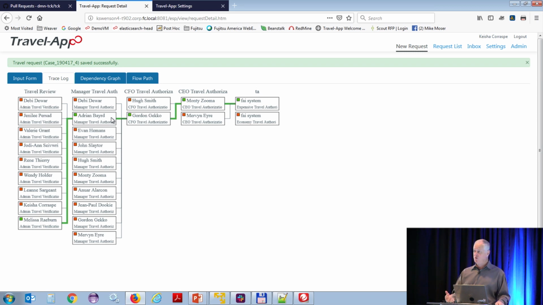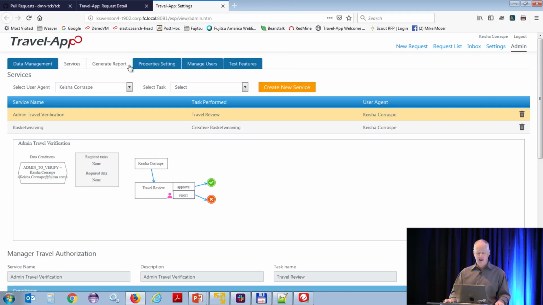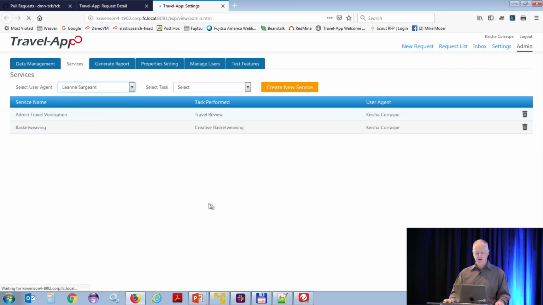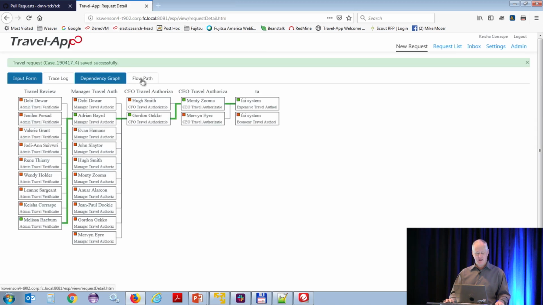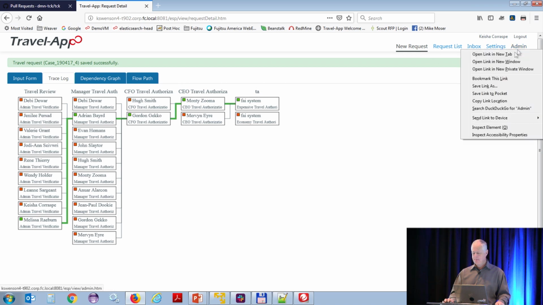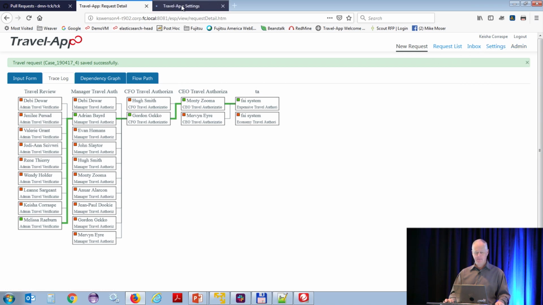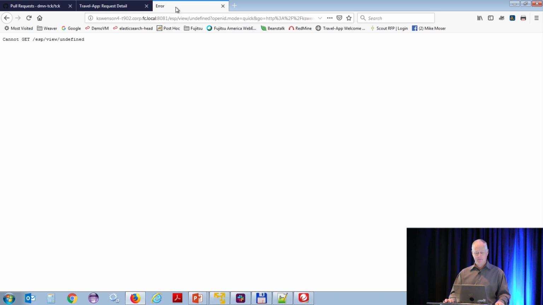Similarly, an individual can change their service description and add a task to the process. So if I go down here and I look at Leanne's, okay, so now Leanne's service, oh, that is very interesting. What happened there? I'm gonna restart this browser. Wow, what is this?